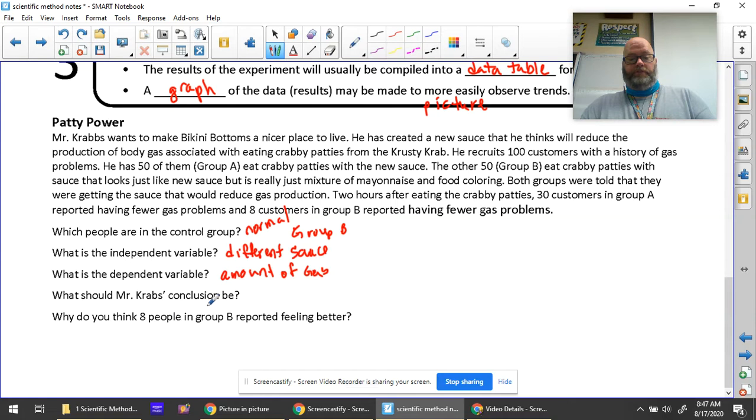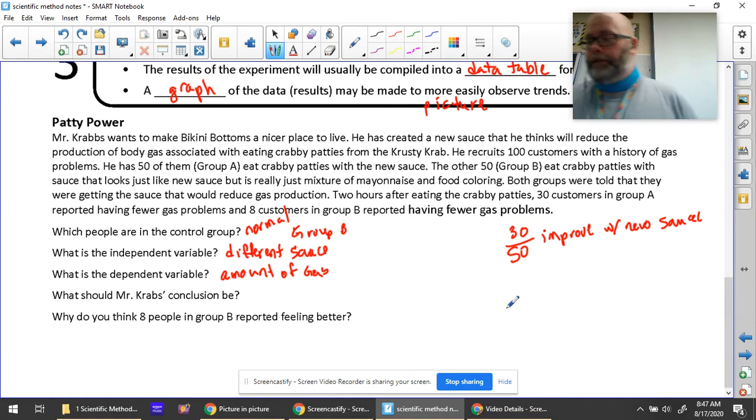So what should Mr. Krabs' conclusion be? Okay, what should he decide about his new fancy sauce? Well, we had 30 out of 50 do better, improve with the new sauce. Which, if you do that math real quick, we can get a percent for that, but it's going to be pretty high. That's 60%